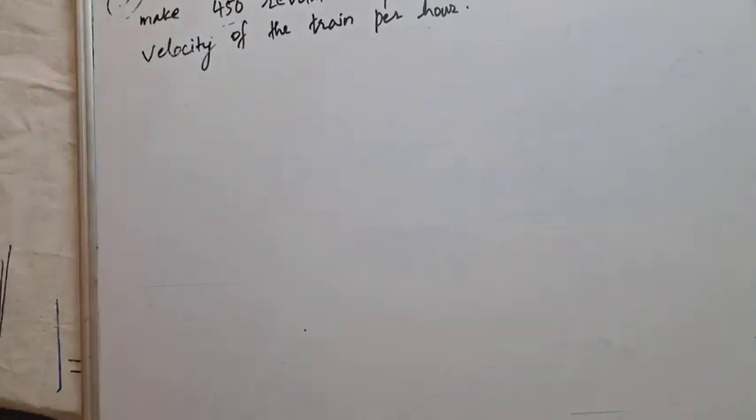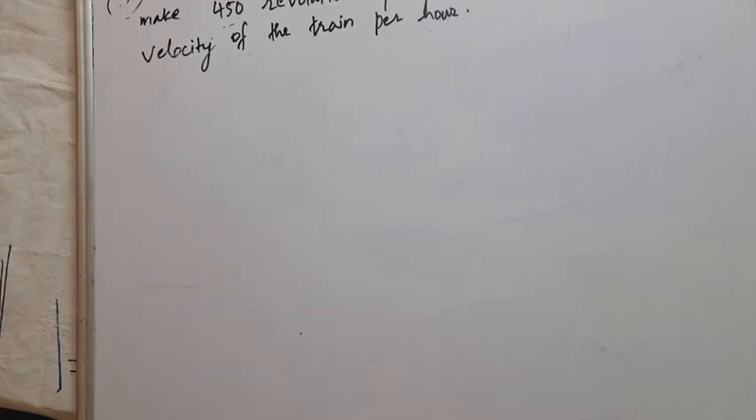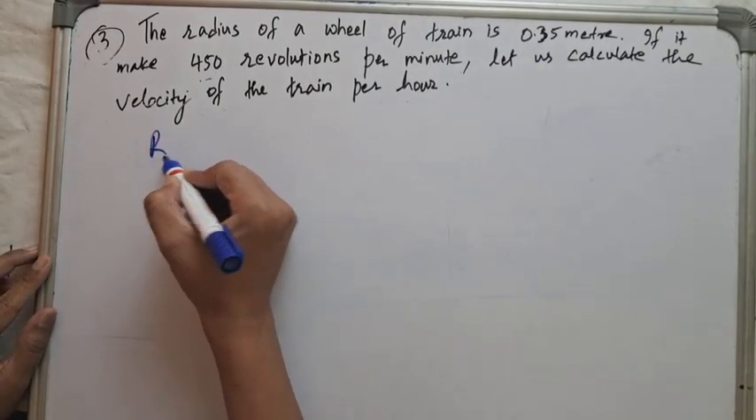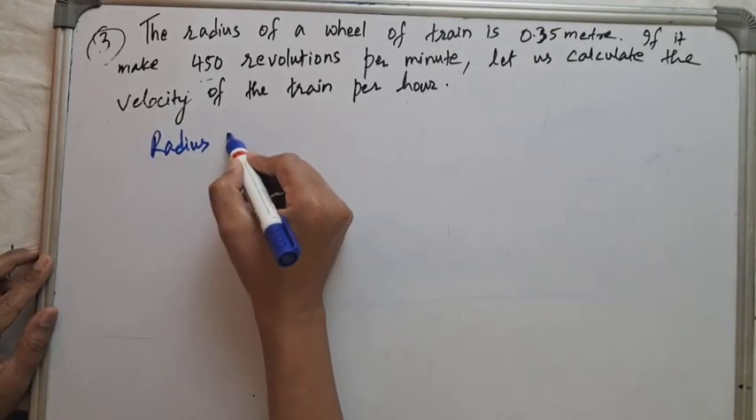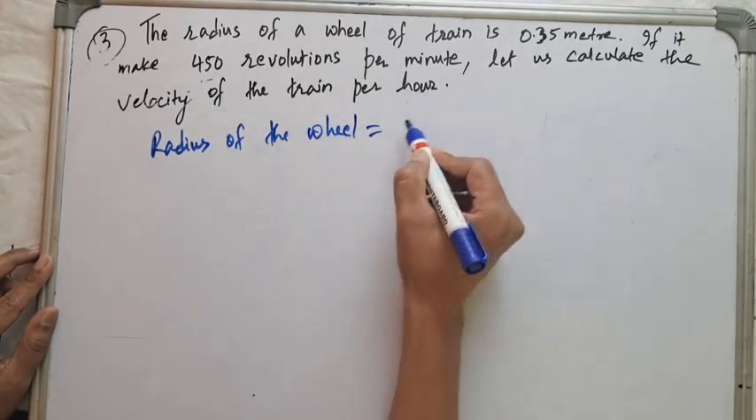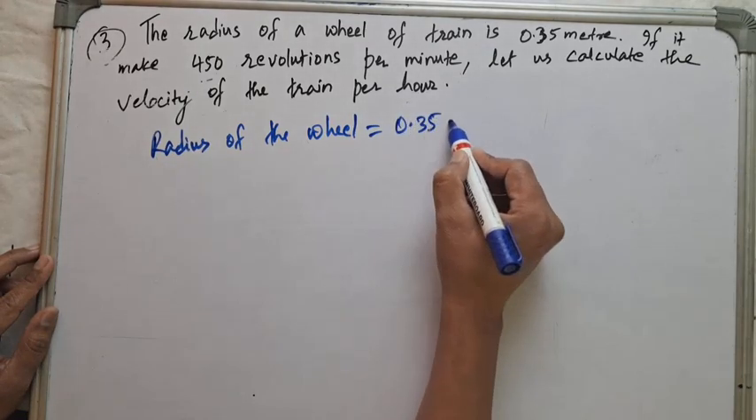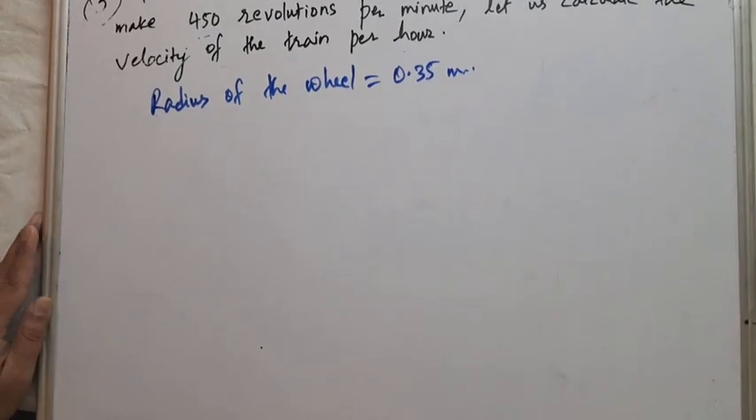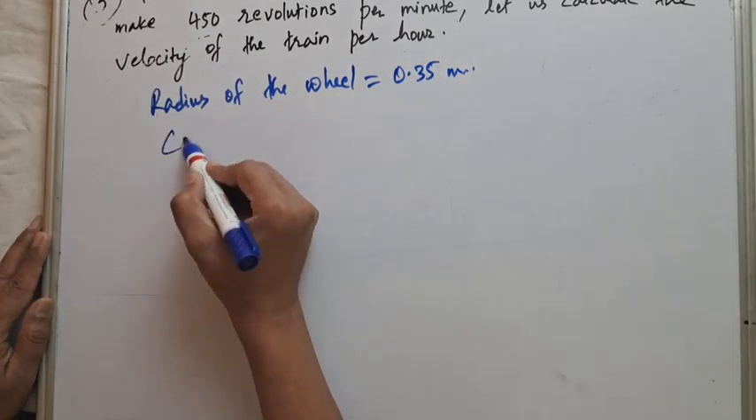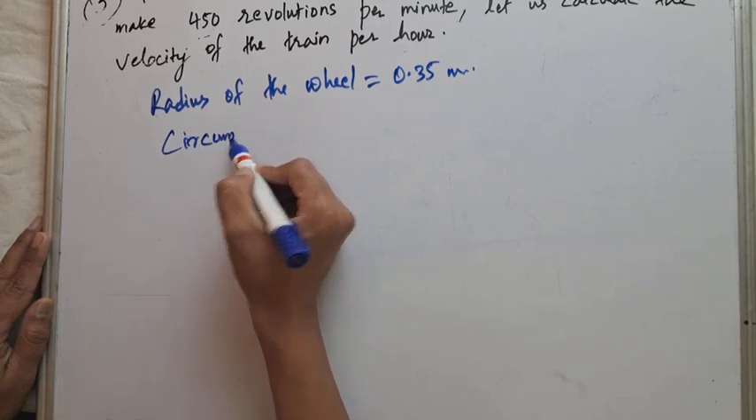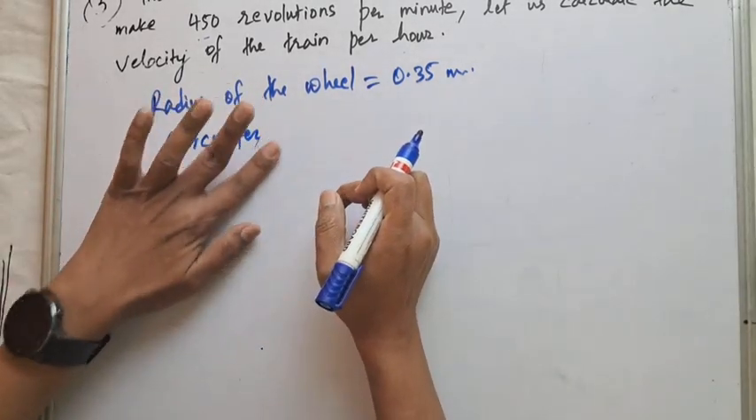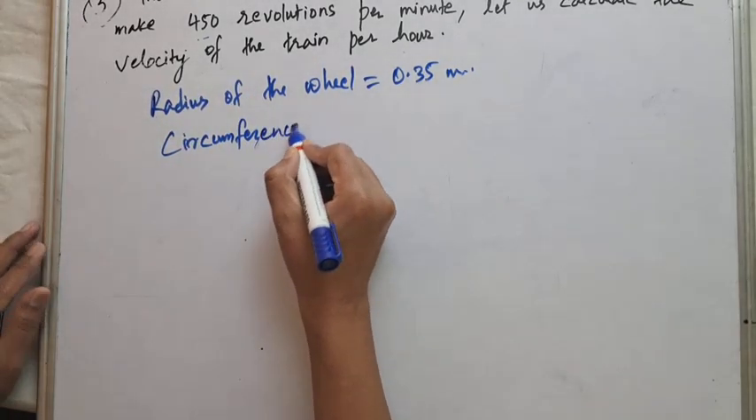So the radius of the wheel is 0.35 meter, isn't it? The radius of the wheel given is 0.35 meter. Let us write that. Radius of the wheel equal to 0.35 meter. This is given. If we know the radius, we can easily calculate its circumference, isn't it? So circumference of the wheel